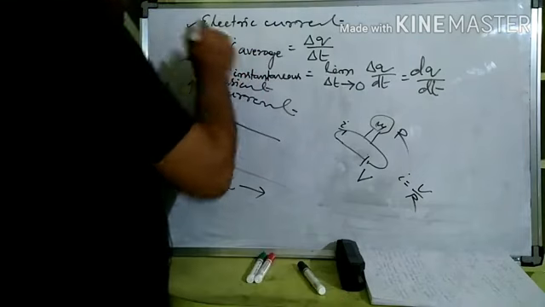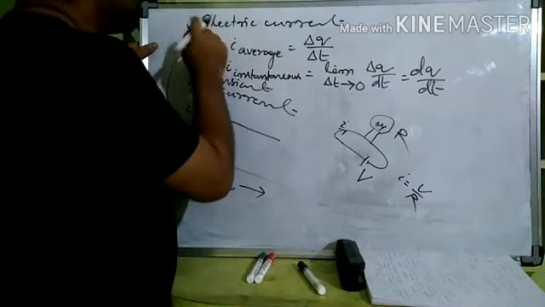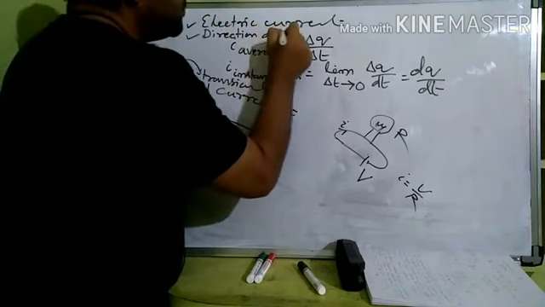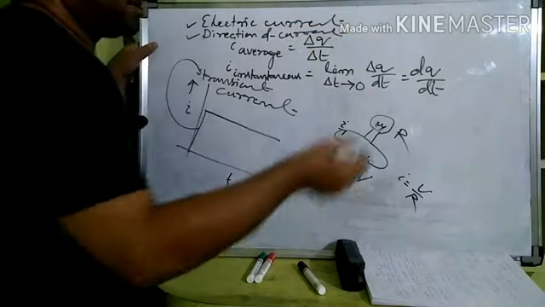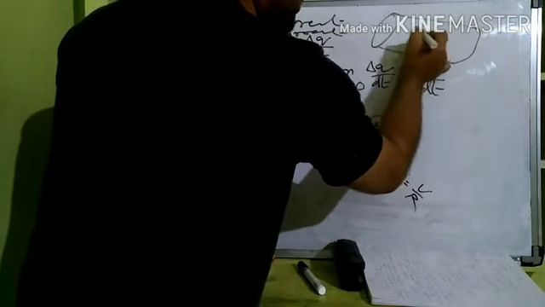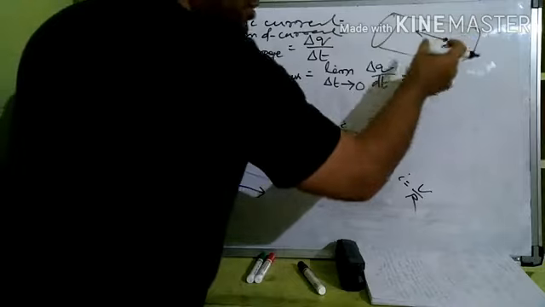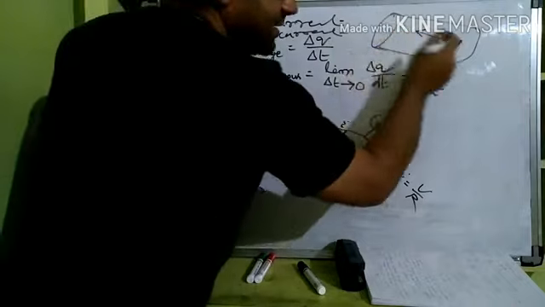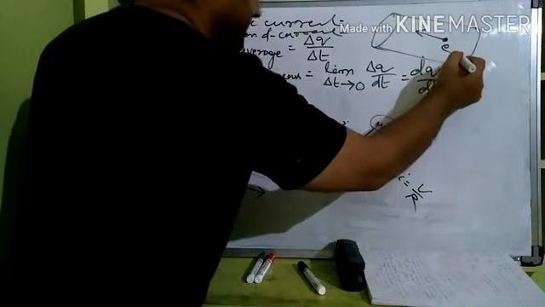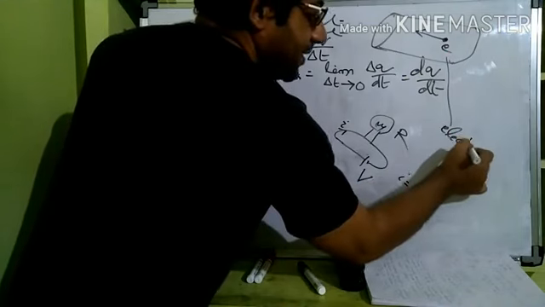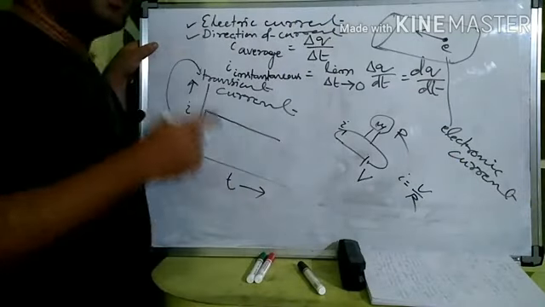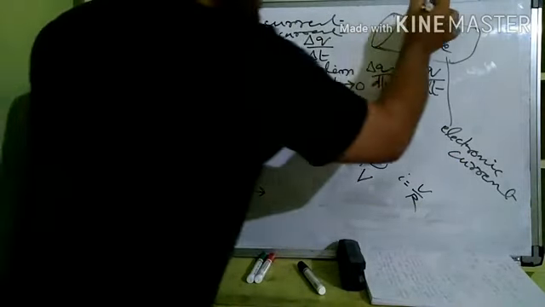By the way, this instantaneous current dq by dt, we are talking of this current only most of the time. Another point which was important in our introduction was the direction of current. Direction means in a conductor, the electrons are flowing in a particular direction. The current constituted by the electrons is called electronic current. But we also heard one name, conventional current, which is the same in magnitude but opposite in direction.